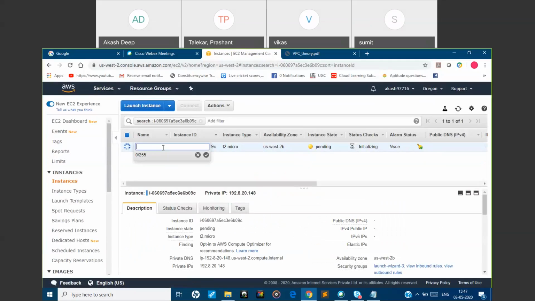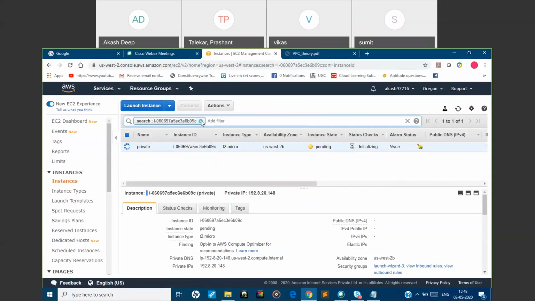We'll give the name here as private. Right. So yeah, you are able to see, right? No public IP has been associated with this instance. Public IP is not associated with it.